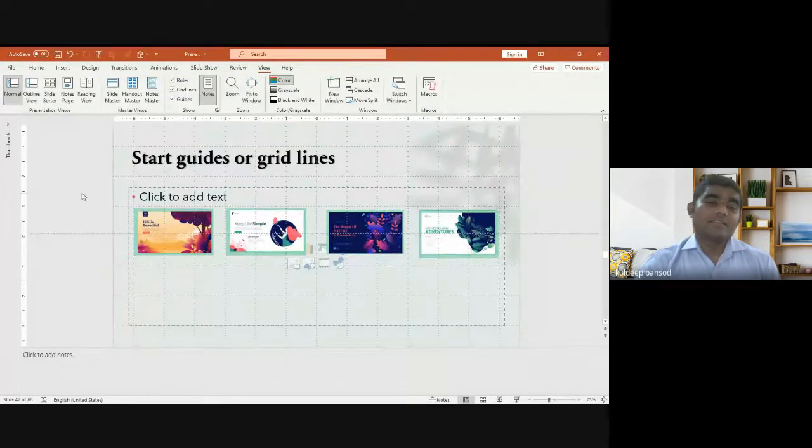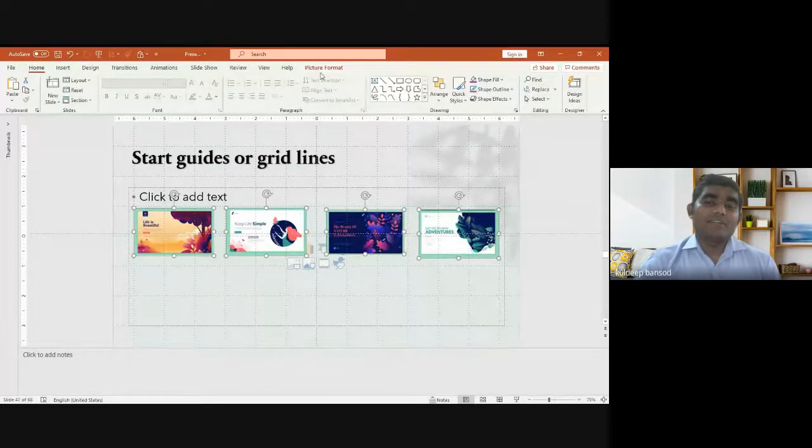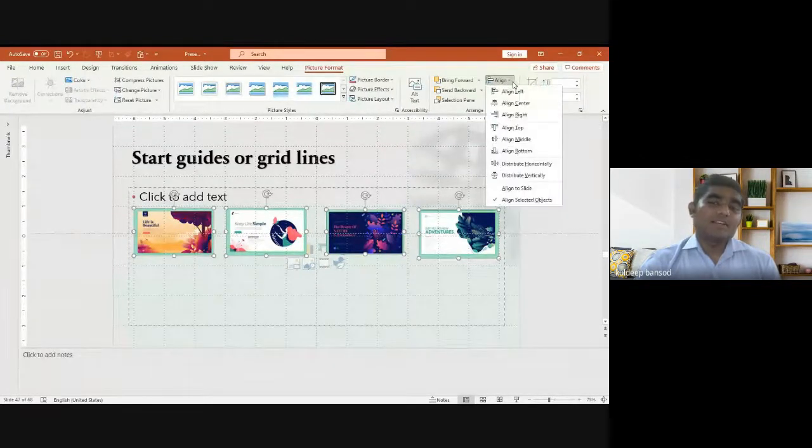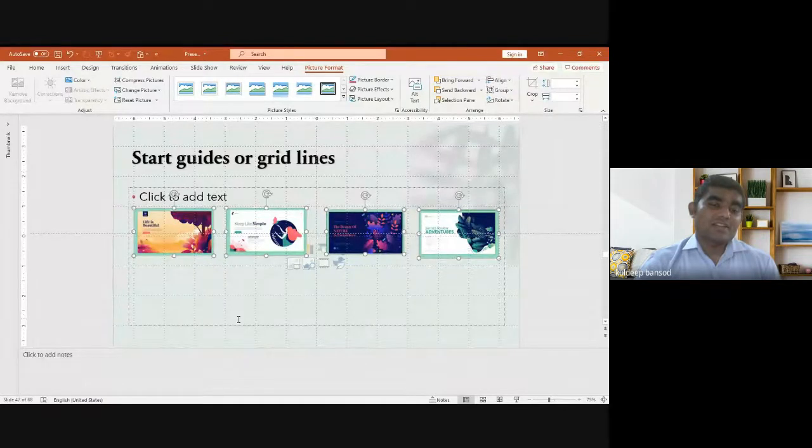That's it. Now, all these four images are in one line and the same apart from each other. You can take the help of the alignment. Here is the line, you can take the help of that. But with the help of this, if you want to put these letters at the same distance, you can start the grid lines and the lines.